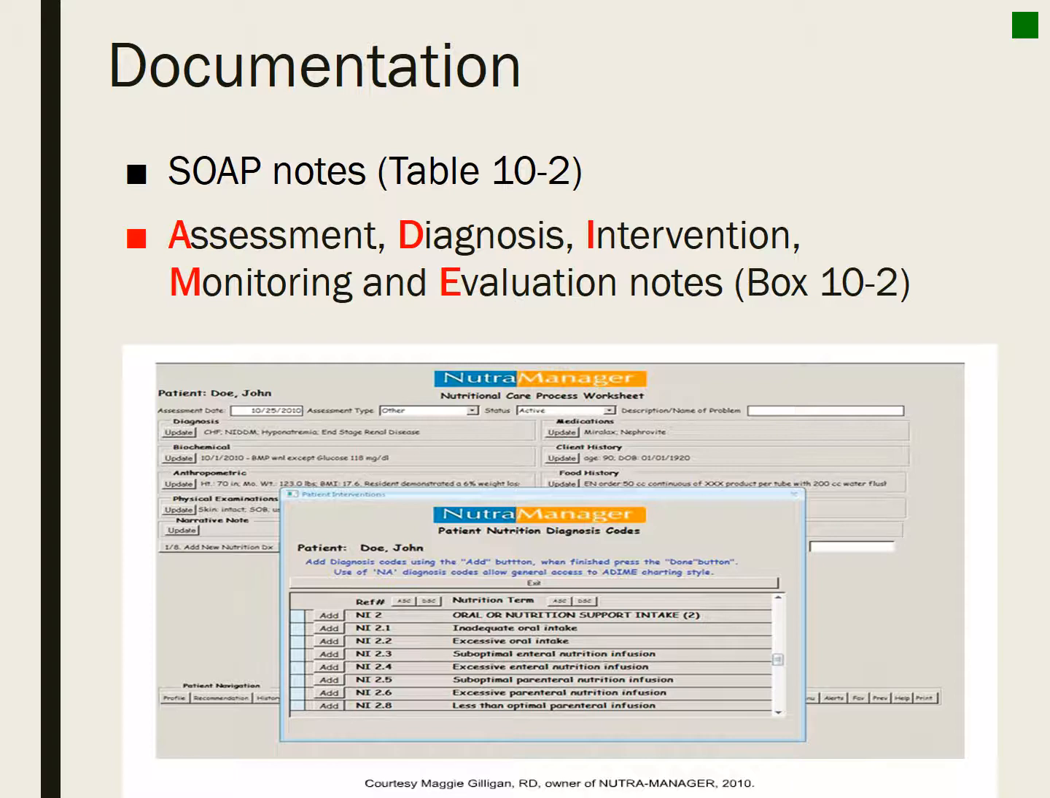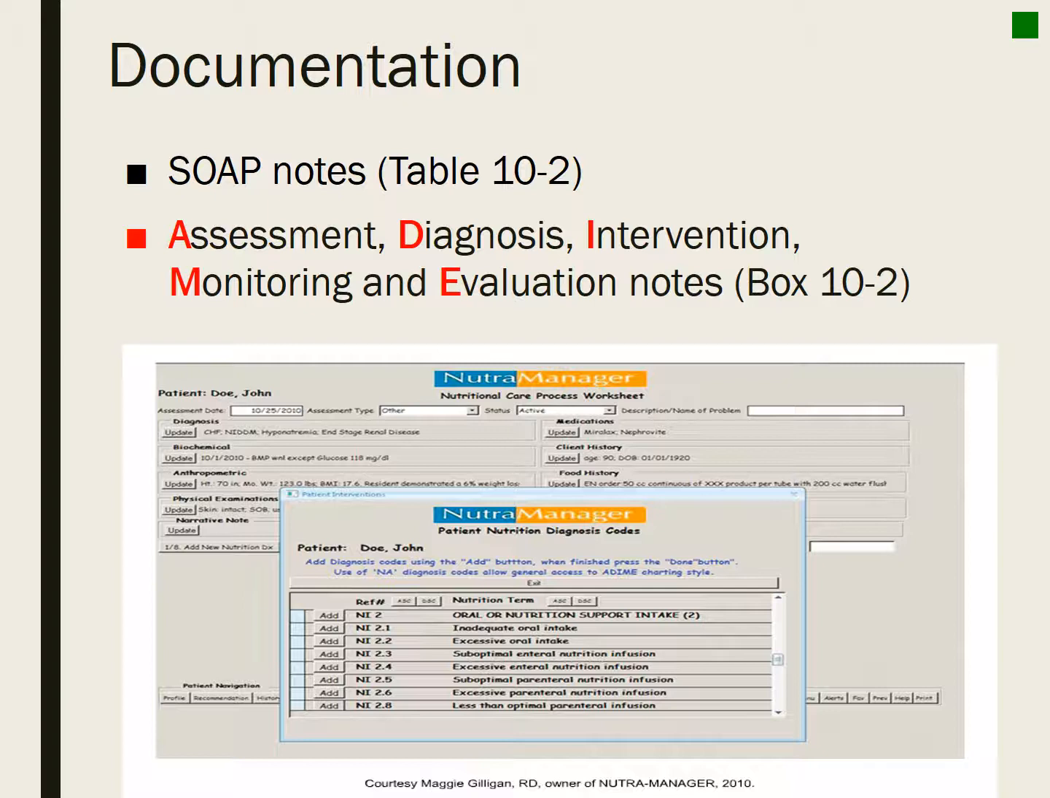Lastly, we're going to talk about documentation. M&E and other nutrition care must be documented in the electronic medical record, or it didn't happen. So if we don't document it, there's no proof that it happened, so it really needs to be documented. And the EMR is a legal document, so documentation ensures that